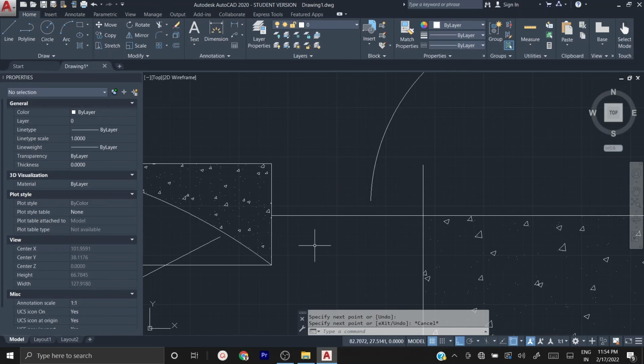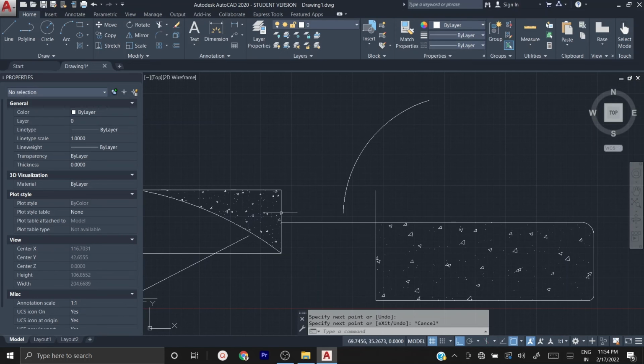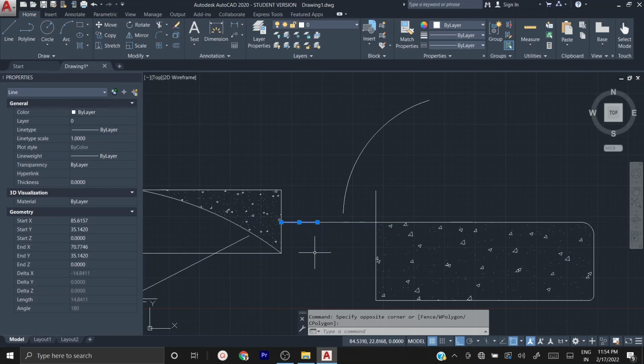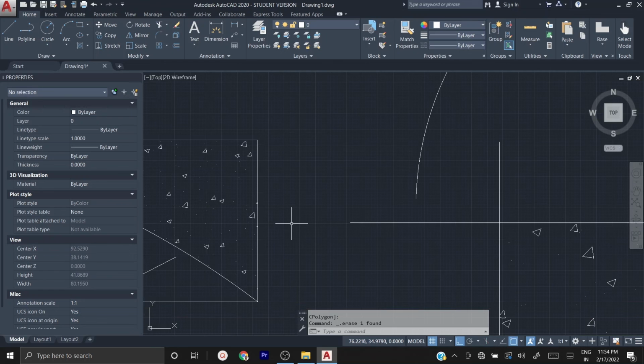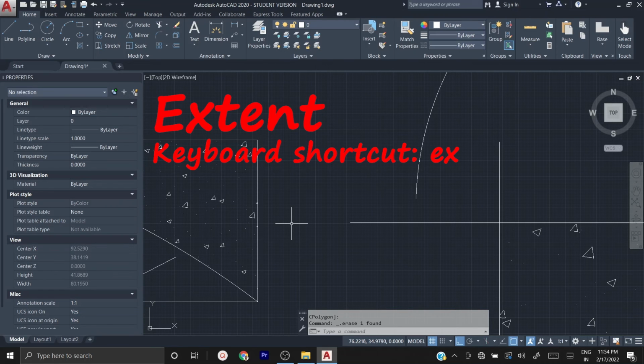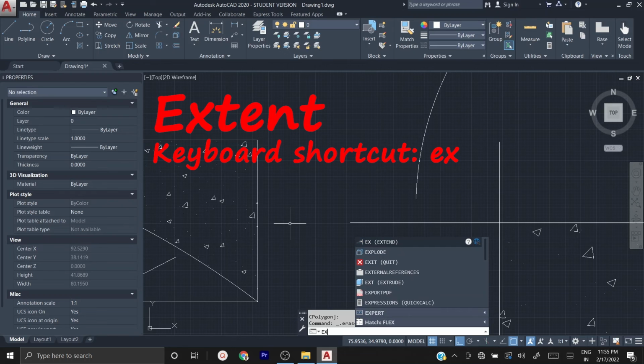Either I can extend the line like this. So now you got two lines. Or I have selected and deleted. Just press delete on the keyboard. Or exactly if you want to extend this line, then you type EX. EX is for extend. Press enter twice.